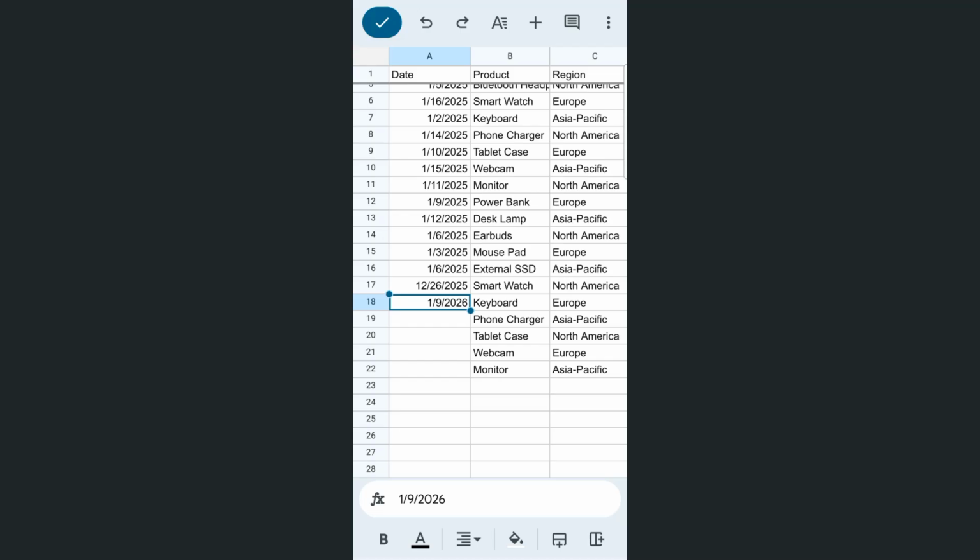So that's a quick trick that you can use in order to format your cells as dates here in the